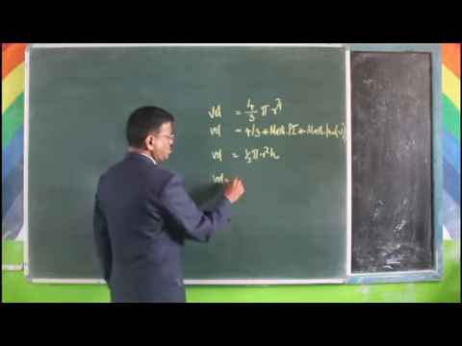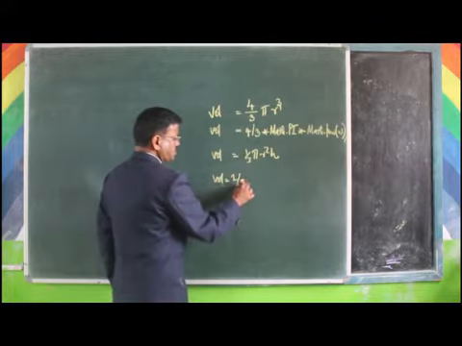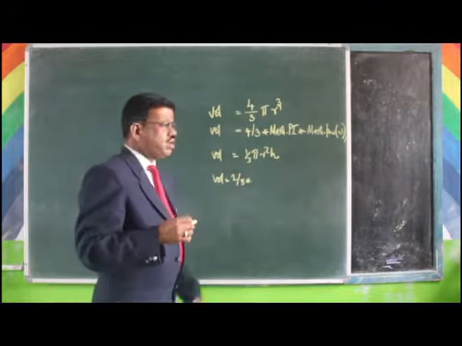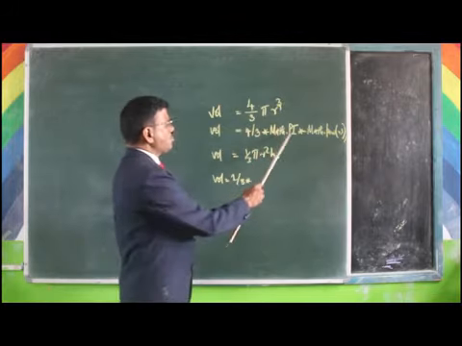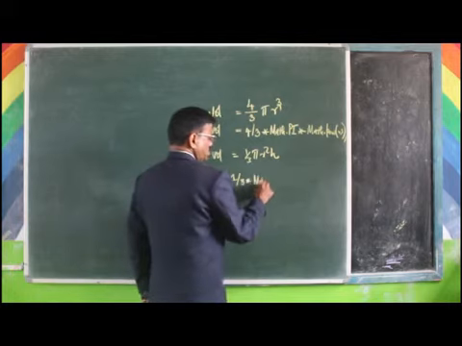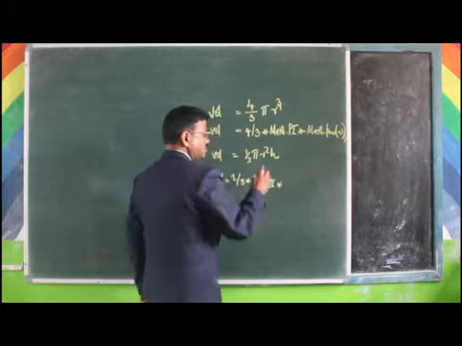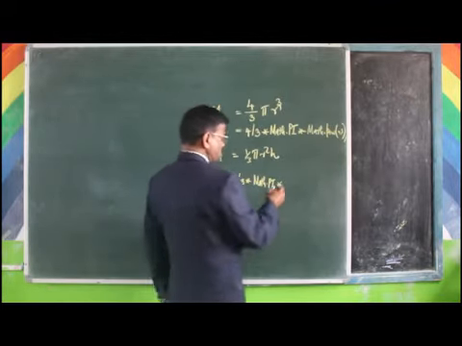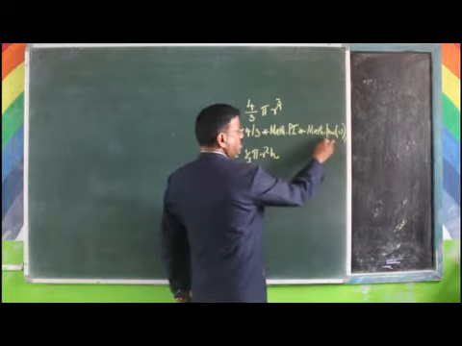Volume is equal to 1/3 into pi. You can write 22 by 7 or, as written here, Math.PI, into r square into h, r into r. Otherwise, as we have done here, Math.pow